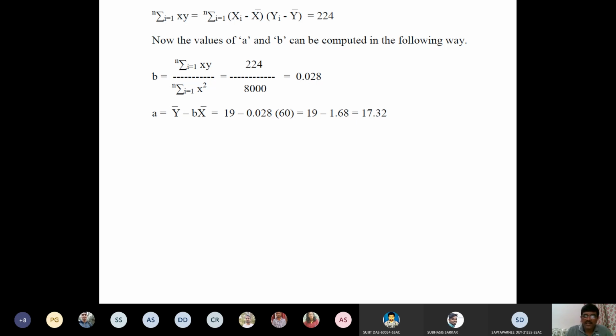This is also known as the intercept, meaning the predicted yield at control. This is the predicted yield, and the actual yield may be different, which was observed from the field. So this is the best intercept you could find out. This is the best value of b, the regression coefficient, that will give you the most suitable fit, the most suitable linear equation, 0.028.